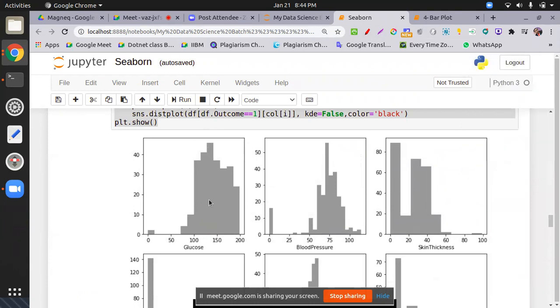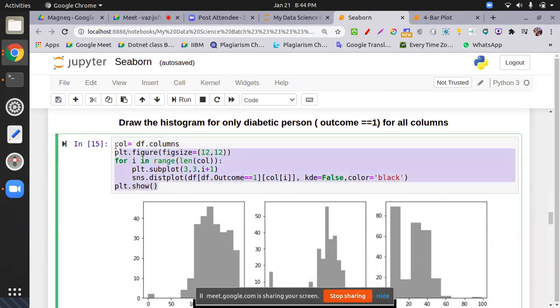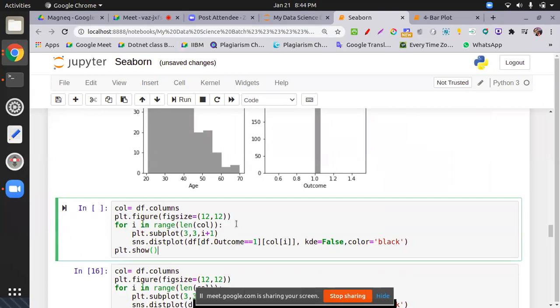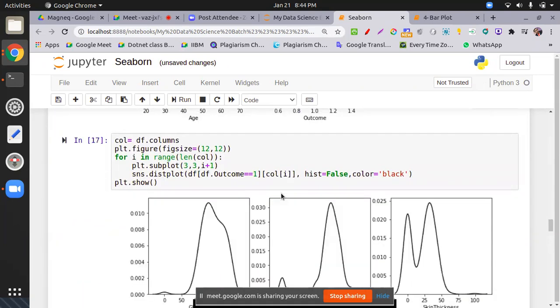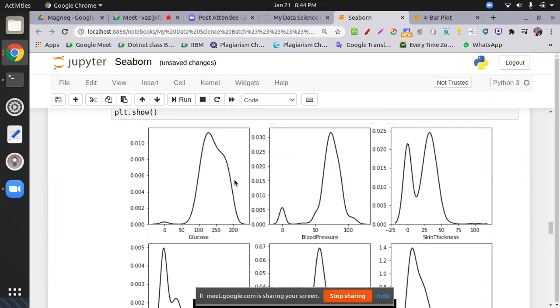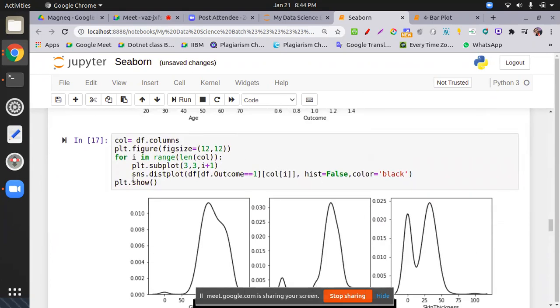Alright, you can do these things for the KDE line as well. Take this one and just put the hist equal to false. It's working. Okay, this is for the ones with hist equal to false.